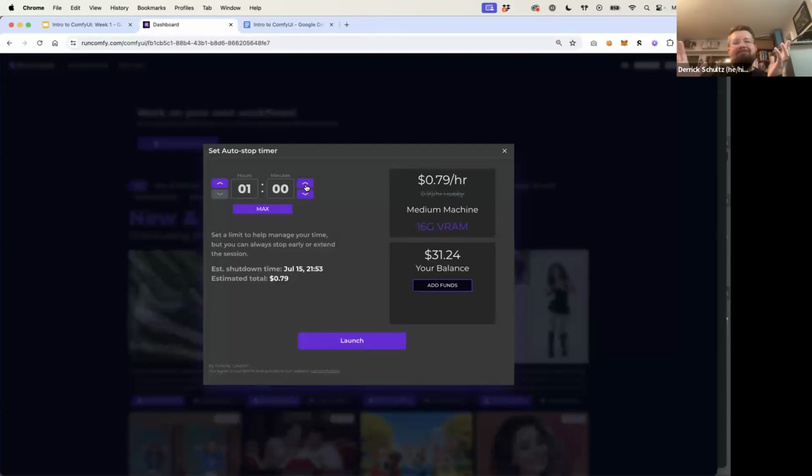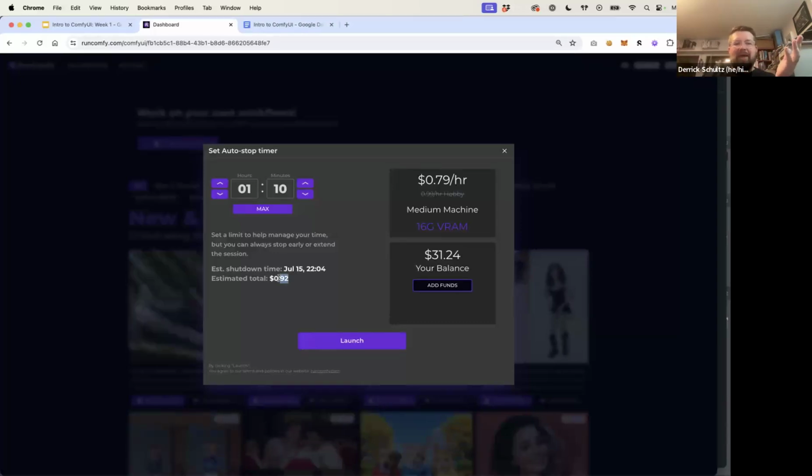This is basically a ceiling where it cuts off after a certain time, but you can always extend it. We're definitely going to use the next hour on this, so I'm going to set this to an hour and 10 minutes just to use it for the rest of class. You can always extend it in the tool, but basically, let's say you forget, you have to walk the dog and you walk away and then forget about this. It'll shut off after an hour and 10 minutes. So the most you get charged if you forget about this is, for me, 92 cents. For you, probably $1.15.